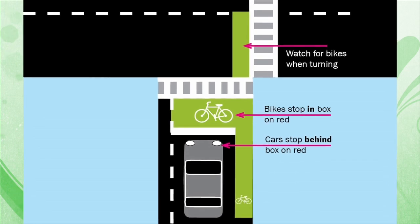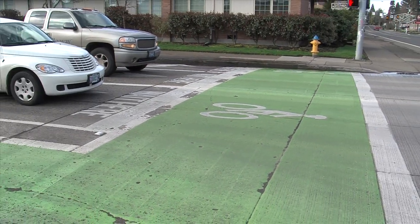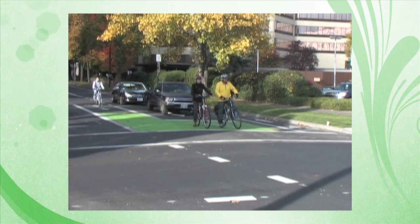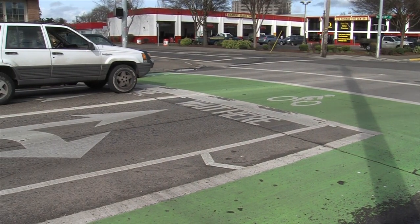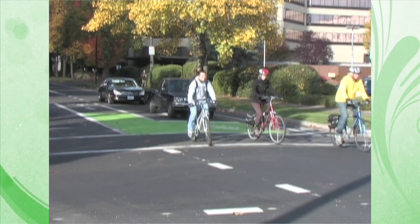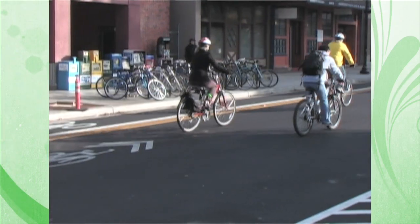At several signalized intersections, the city has installed a facility called a bike box. The box allows a bike rider to move to the front of traffic on a red light and proceed first when the signal turns green. Motor vehicles must stop behind the white line at the back of the bike box, which sometimes includes the legend, "Wait here." This helps prevent a common collision situation when a motorist turns across the path of a bicyclist at an intersection and allows the person riding a bicycle to move from one side of the street to the other